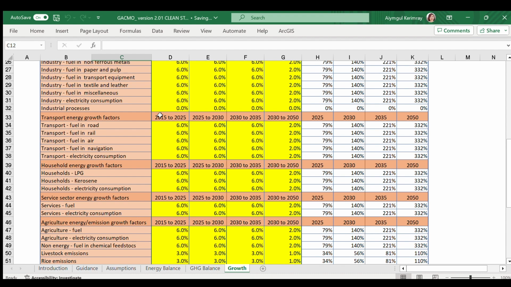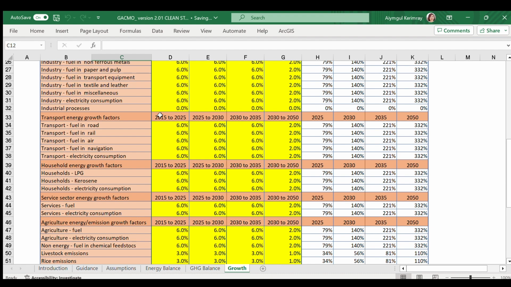These values of the growth rates can be obtained in different ways. For example, by using economic models that estimate economic activity growth in the various sectors. If such economic models are not available, then other studies can be reviewed to search for the projected developments in the various sectors of the economy. If such data are not available from other studies, a simplified approach would be to estimate historical growth rates for the recent years.